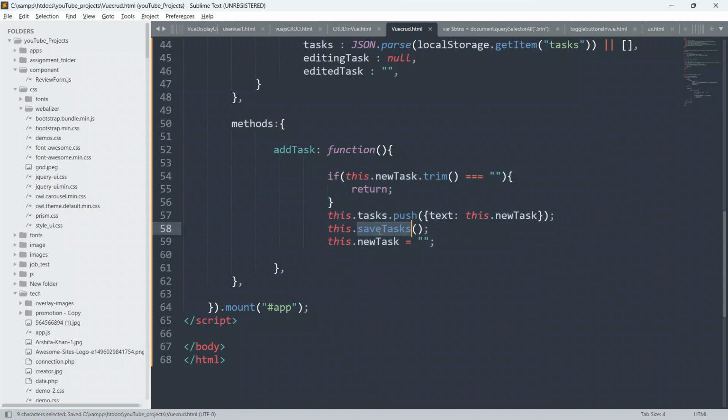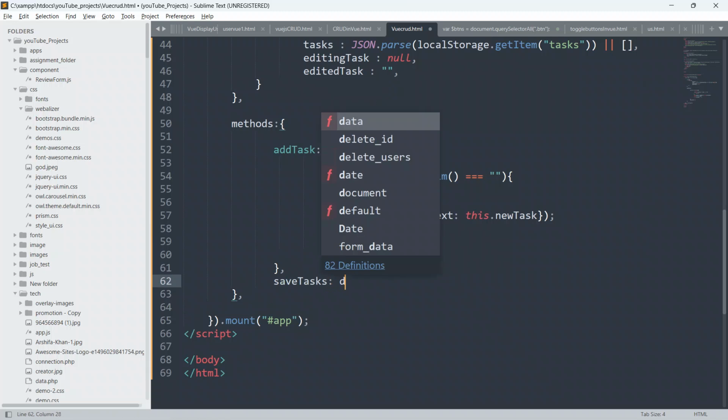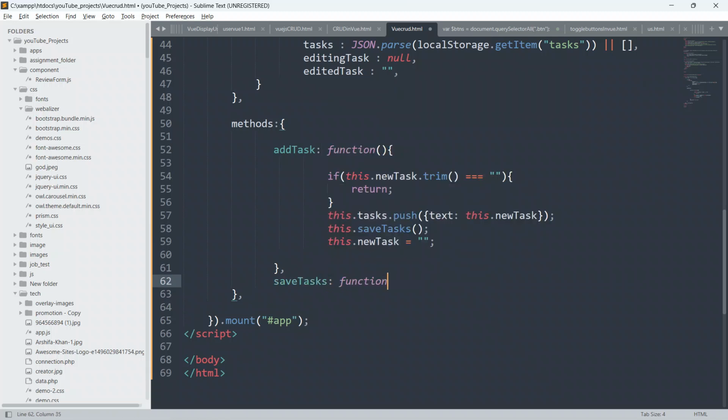Now we have to create this saveTasks. Put colon and function, with opening and closing curly braces, and I will say updateTask.